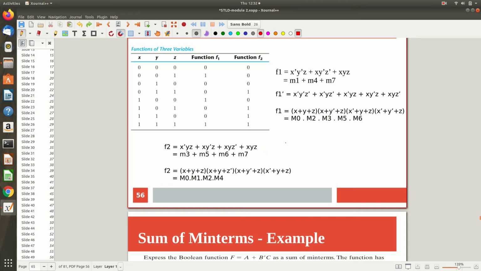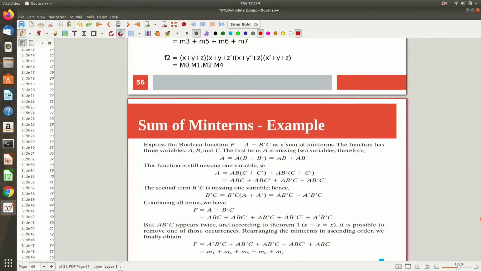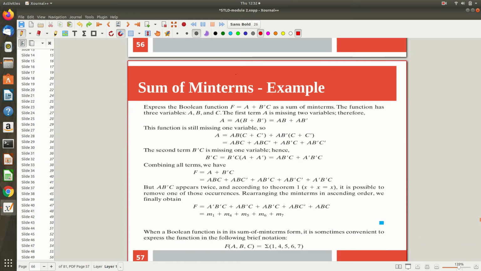canonical sum of product notation? That is given as an example. The same thing I discussed by explaining in detail. I have a plus b dash c. So what I did is I took this a, the missing term b, I added by multiplying it with 1 and replacing 1 with b plus b dash. Then I added the c term, c plus c dash. So I am getting this. Similarly b dash c, a is missing, that I added, and finally I grouped everything. The same example we discussed.